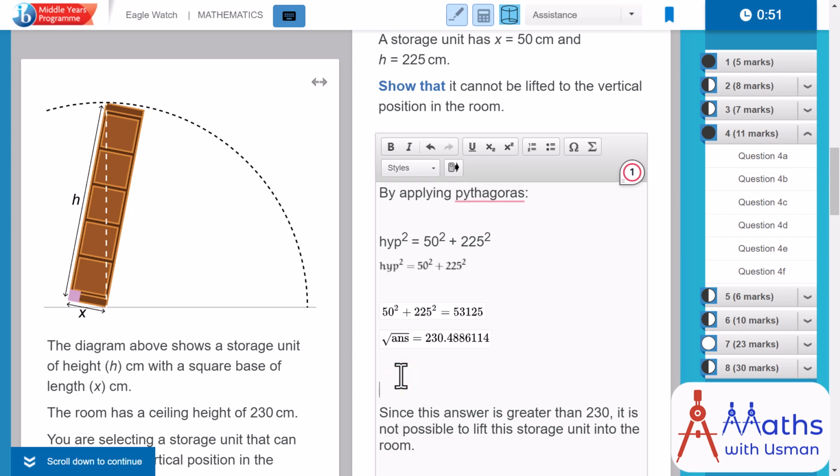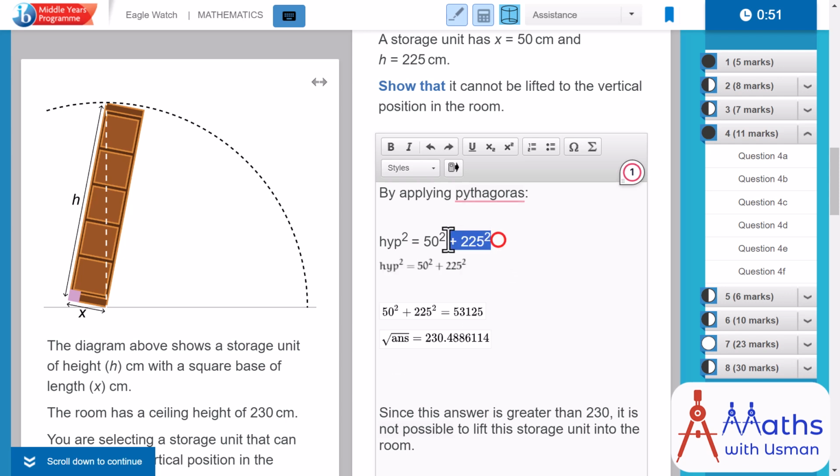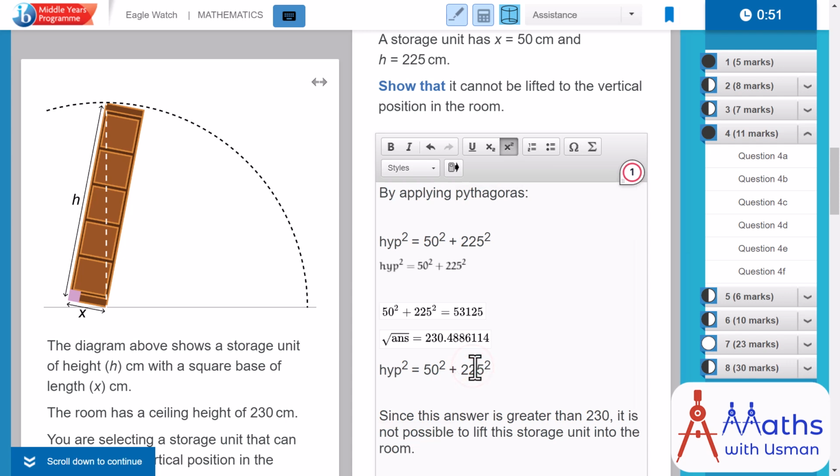All right, I'll also show you one more cool trick. You can even copy paste these calculations for as many times as you want. Okay, and one more thing, the copy pasting action also works on texts. This is a text that I've typed, so I can Control C and Control V it anywhere I want. This is basically really helpful if I want to type in repetitive steps and repetitive calculations, which I'm going to show you in a bit. And this is also helpful when you want to answer questions like test the general rule or verify the general rule, where the working is going to be repeated.